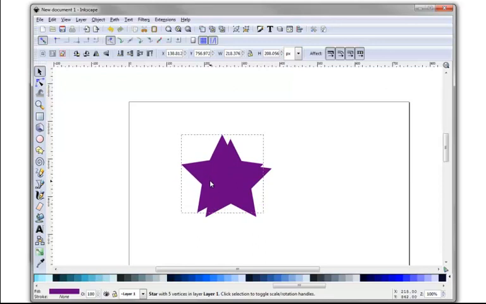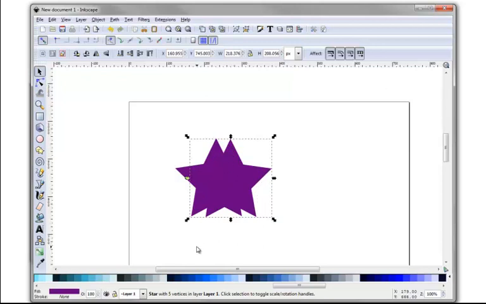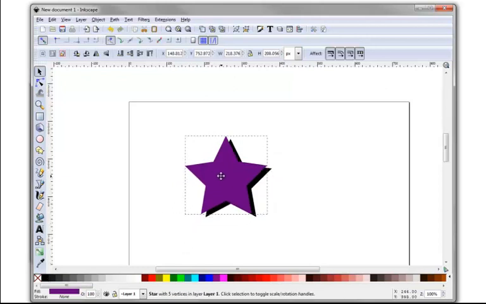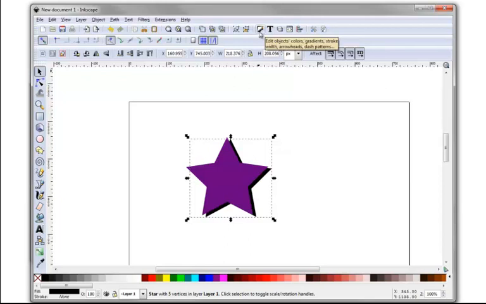And so I have a star on top of a star, and I want to select the star in the background and apply a black color to that star. And then I'll go ahead and shift my top star over a little bit and go ahead and select the star in the background. Okay, so now I want to apply a blur to this star so that it has kind of a drop shadow effect. And what I need to do is I need to go into the fill and stroke properties of